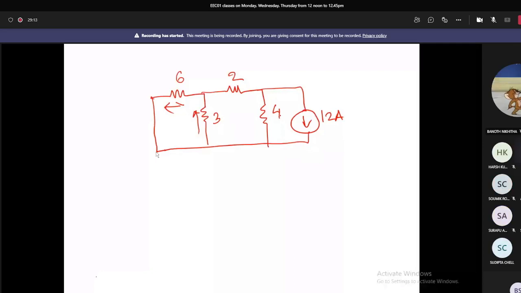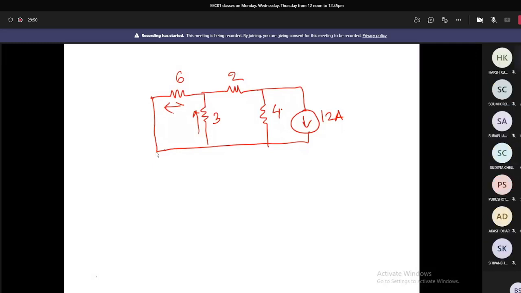Sir, I solved the circuit though. If you just replace 6 into 3 divided by 9, it is equal to 2. No. You have to consider 2 plus 4. That will be 6. Then the parallel combination of 6 and 3 will be 2. Okay. After that, 6 plus 2 will be 8. I have not shown each and every step actually. I thought you could understand. Anyway, I'll solve it and send it to you later, or you can just go back and go through the video lecture. It will be there. Now it is removed. I have discarded all the changes I made through the pen, so you will not be able to see. No, sir, understood. I could not consider 2 and 4 before.